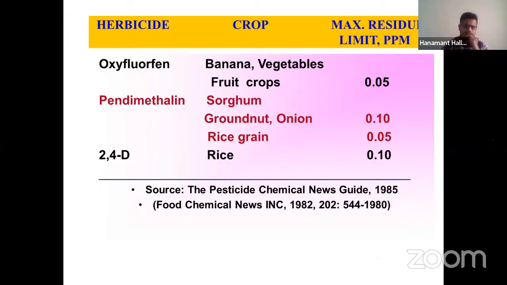In case of oxyfluorfen, these chemicals belong to new generation herbicides. These chemicals we generally use in very minute quantities over a larger area, because they are highly active and a higher dose would be harmful. So these are called strong chemicals. That's why the permissible limit is 0.05 ppm. If the residue limit crosses 0.05 ppm, that can cause damage to the human as well as animal system. So in case of pendimethalin, in case of sorghum, groundnut